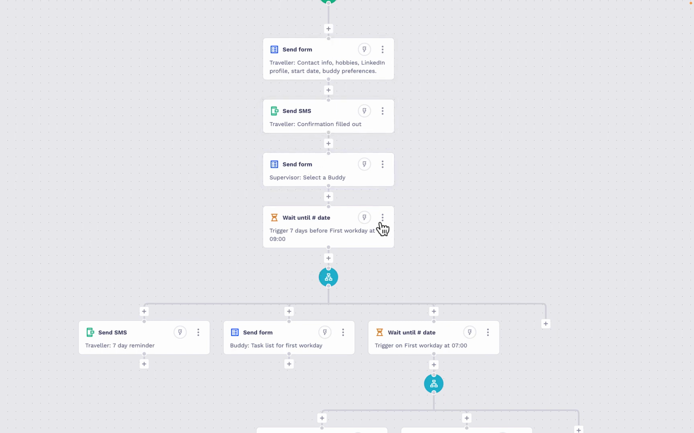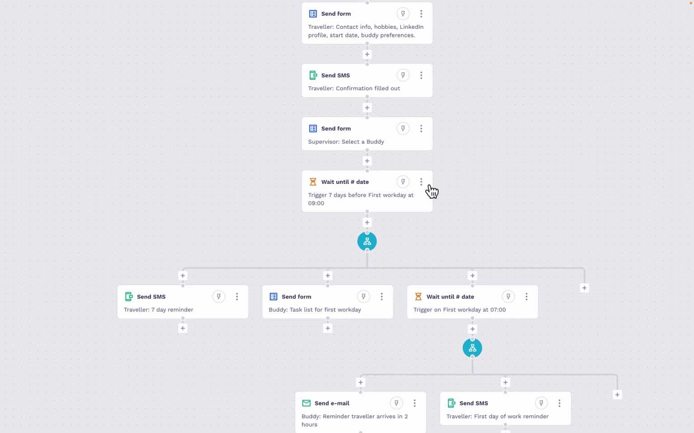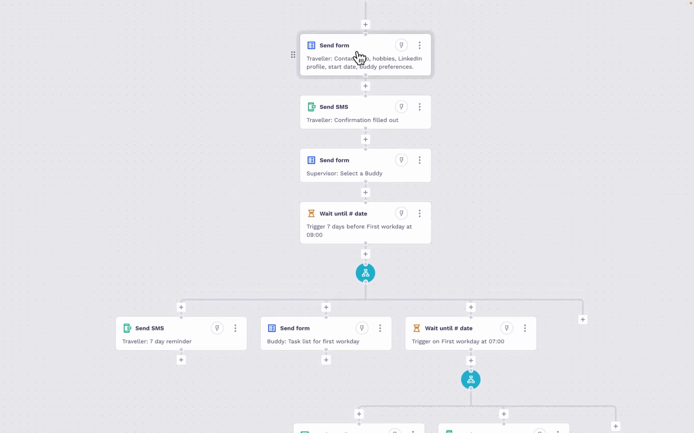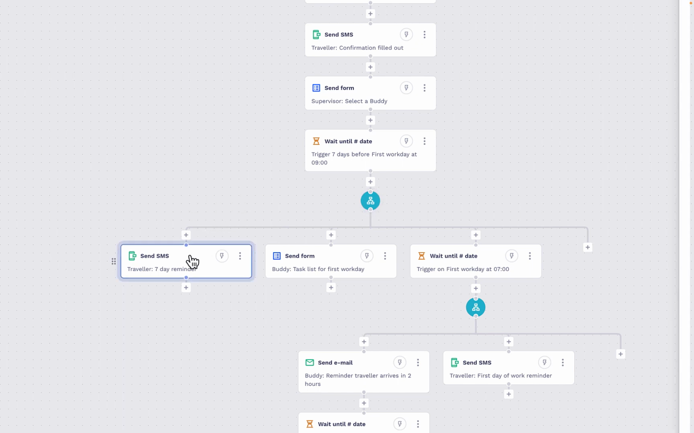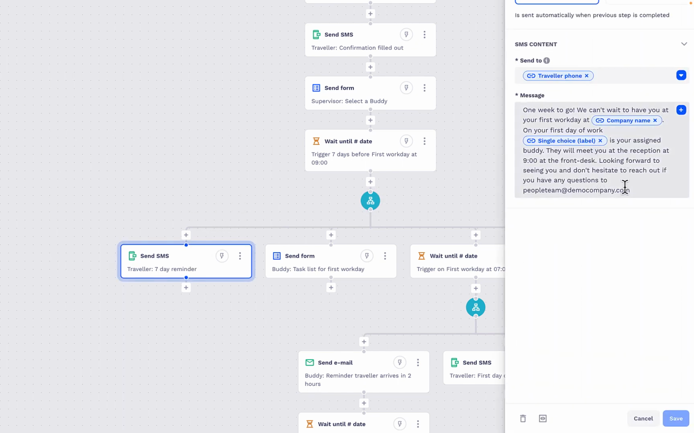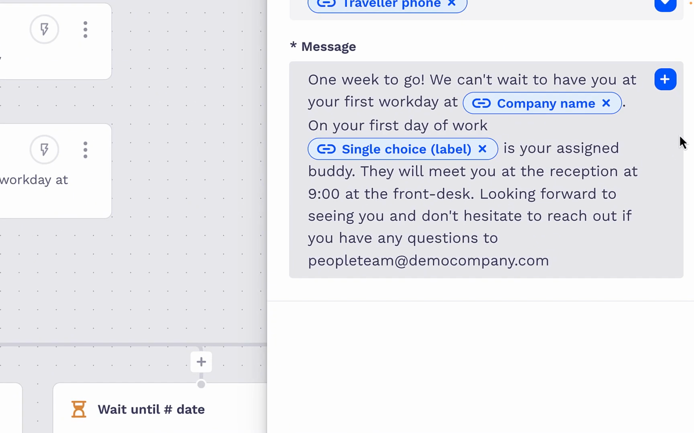But now the journey is just going to go into wait mode, and it's going to wait until 7 days before the first workday for this new hire. Now, 7 days before the first workday, a few things are going to happen simultaneously. Because we have a branch here, we've decided that a text is going to go out to the new hire, just reminding them that this is their first workday, and also who is assigned as their